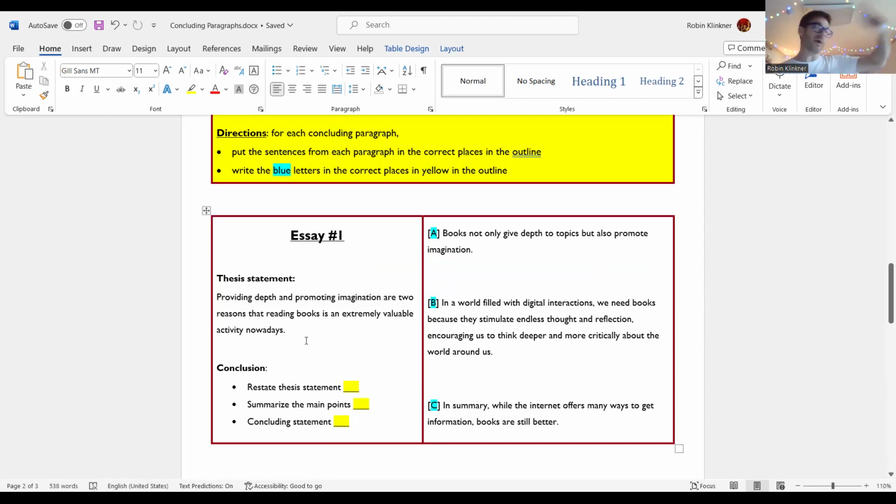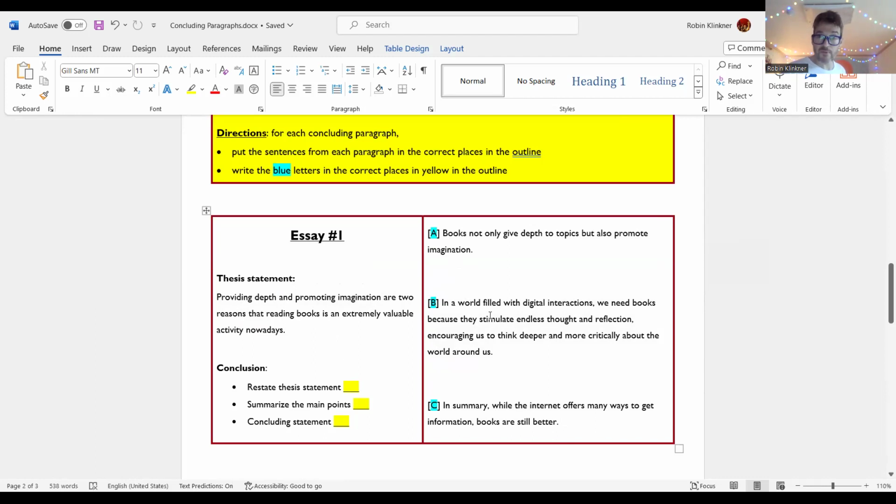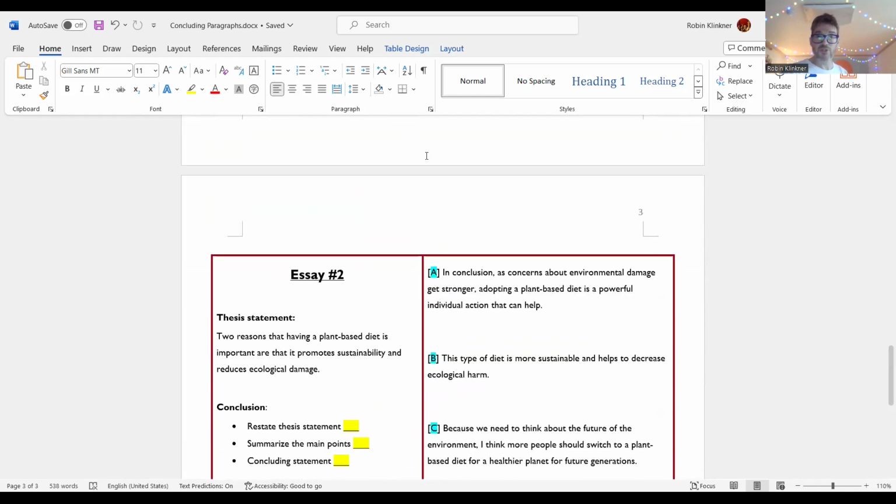We do not know the body paragraphs. All we know is the thesis statement. Then these 3 parts are the three parts of the concluding paragraph, A, B, and C. One of these three is the restated thesis statement. One of these three is the summary of the main points. And one of these three is the concluding statement. And we have two more essays. So